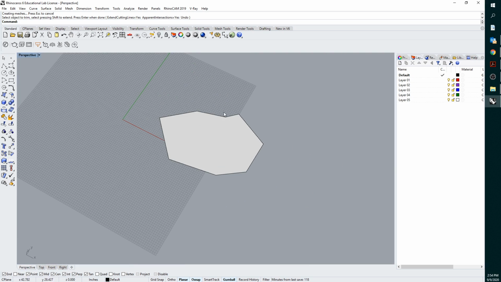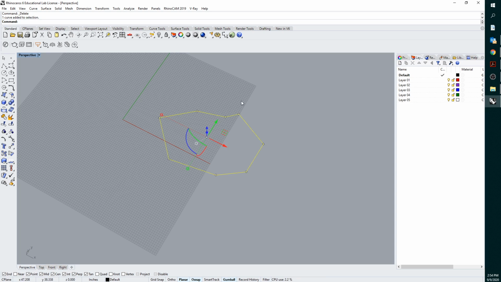Now obviously that's a two-step process instead of a one-step process. So how do we get around that? There's a command called planar surface. So if we highlight this and we type planar srf, that will actually just make a totally flat surface in